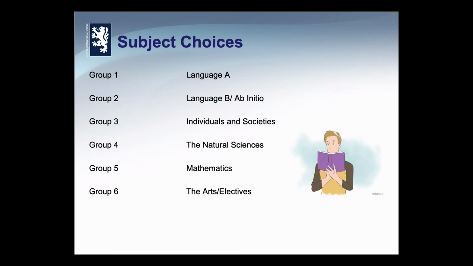So students coming in may take a first language and either a B or an ab initio language in group 2, or they may take 2 A languages, and one of those may be a self-taught language, which I can talk about in more detail if anybody's interested in that. But that would be a language other than German or English. In the past, for example, we have offered students who offer Korean or Japanese or Arabic the chance to study that as their language A.